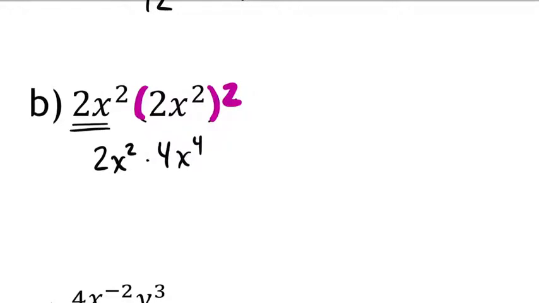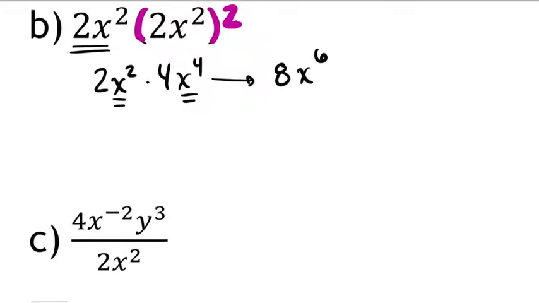And when I multiply this, I have 2 times 4, which is 8. And I have 2 factors of x times 4 more factors of x, which is a total of 6 factors of x. So this is 8 times x to the 6th power. So that's part B. And then for part C,